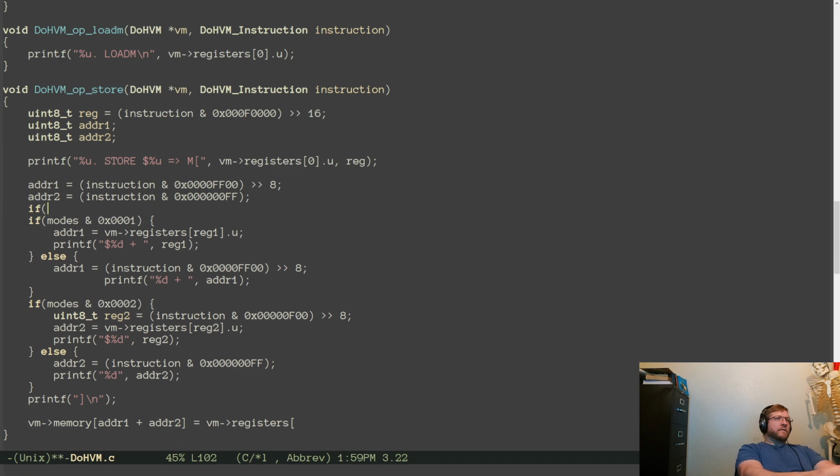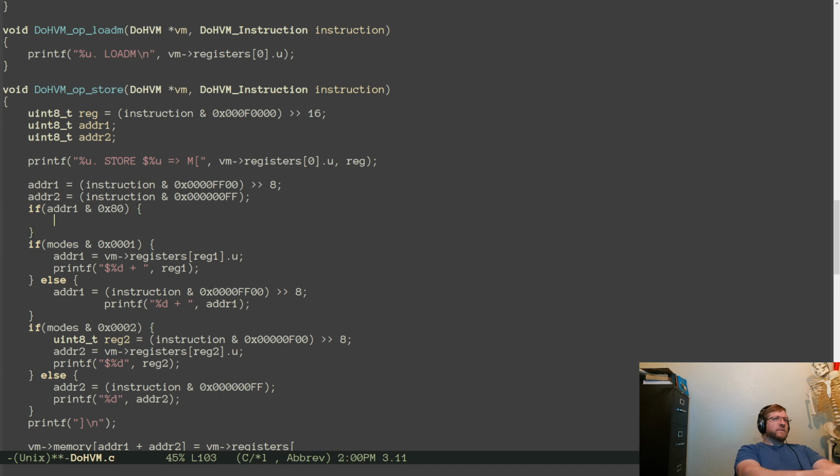Then we say if address 1 and 0x80. So if that top bit is set, that means we use a register. Equals address 1